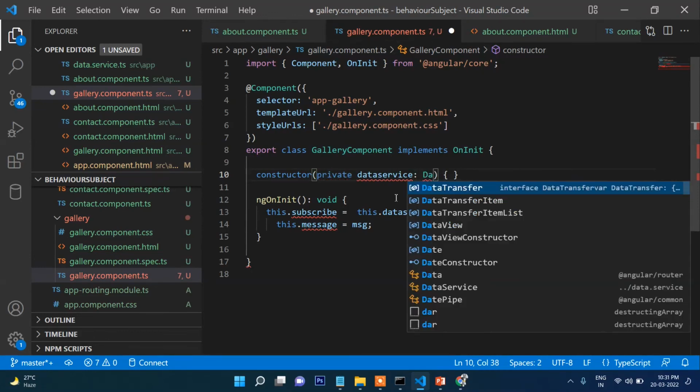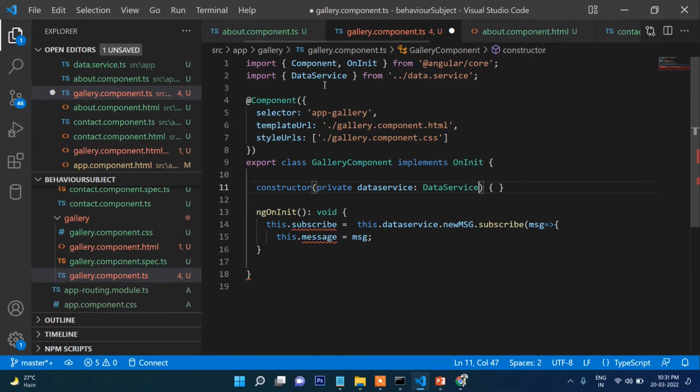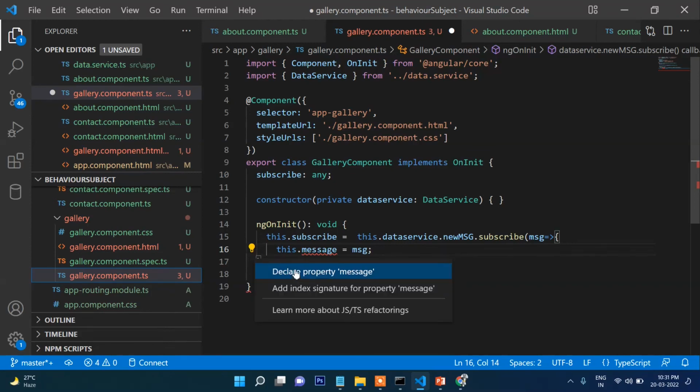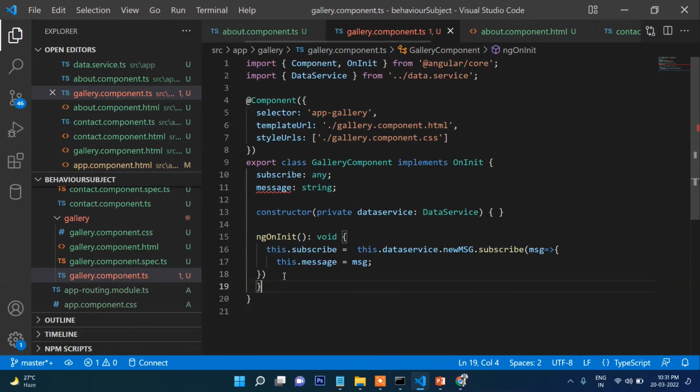Now let's subscribe, and here message as well, and this one will have a quote, and this message any. Okay, so then we need to call here in app component,